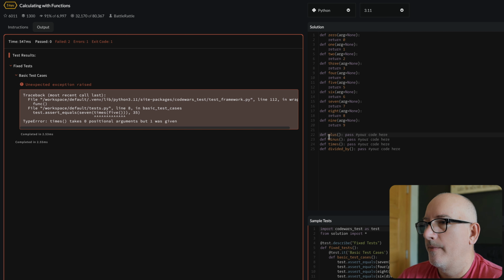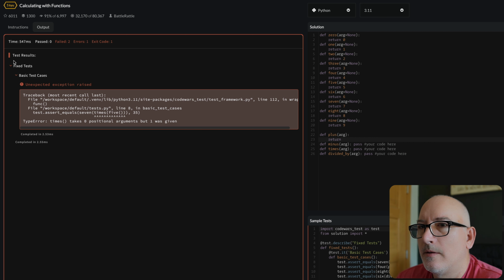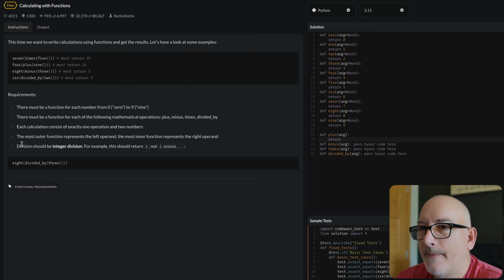All right, here, plus is always going to take a number. So these are always going to have some number associated with them. So we are always going to get an argument here, and we're always going to return, I guess, and what did it say? The instructions say the outermost represents the left operand. So 8 minus 3, that's the left, that's the right. Okay, so what we're really doing here is going to be something like plus,